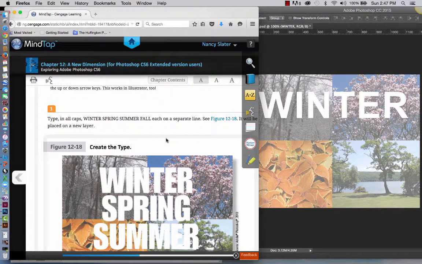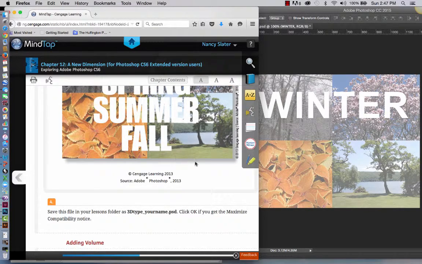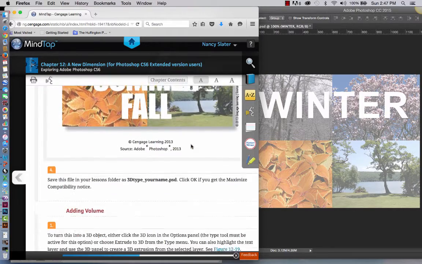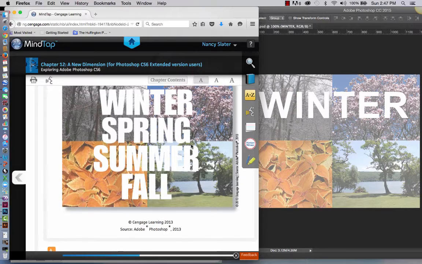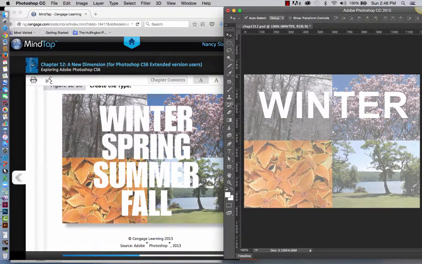And we want it all placed on a new layer. And I'm going to look at the figure, let's see if they have it all on one layer. I think they do. So I'm going to come back here, get the type tool,